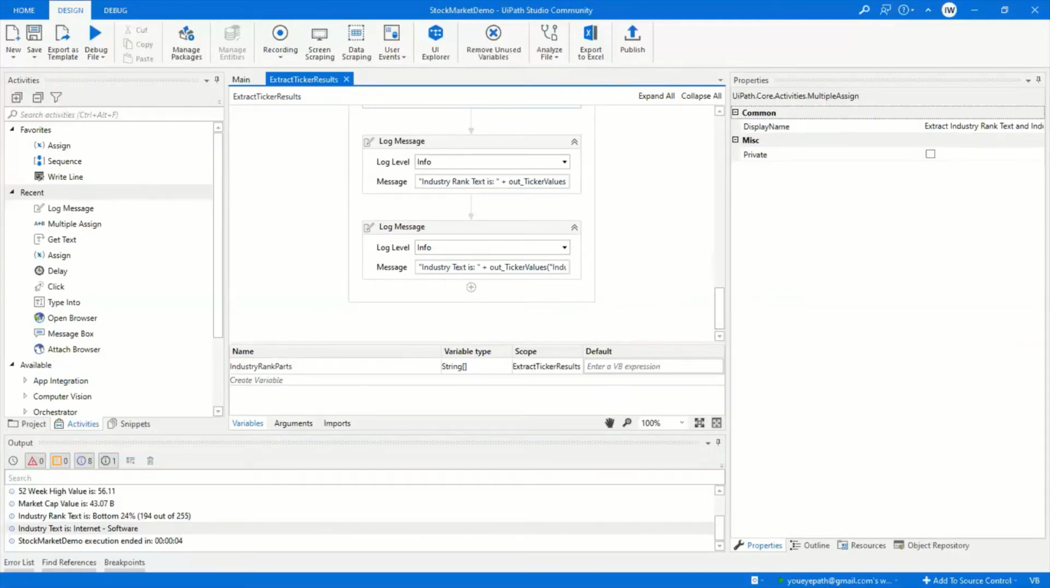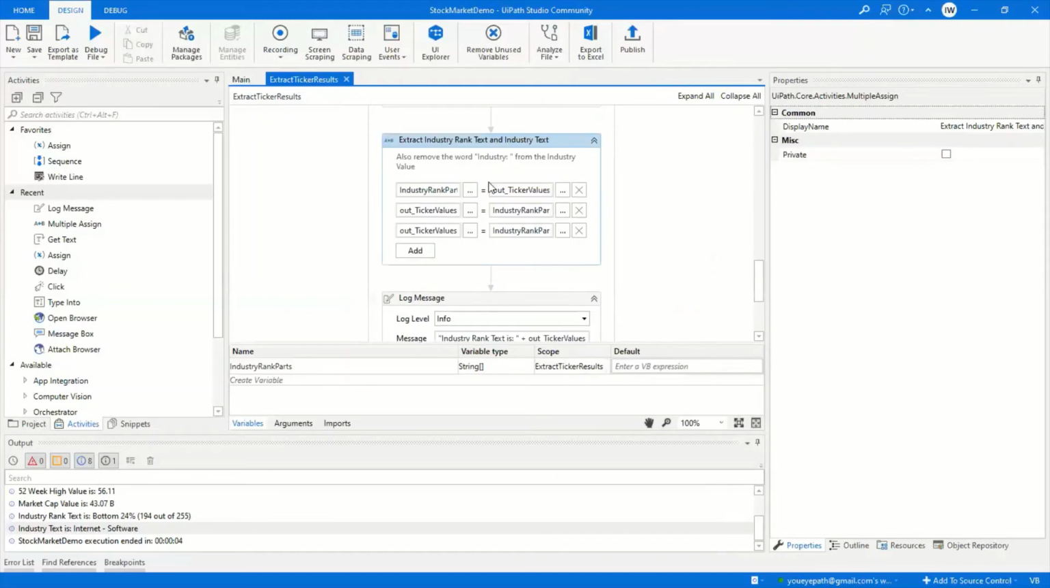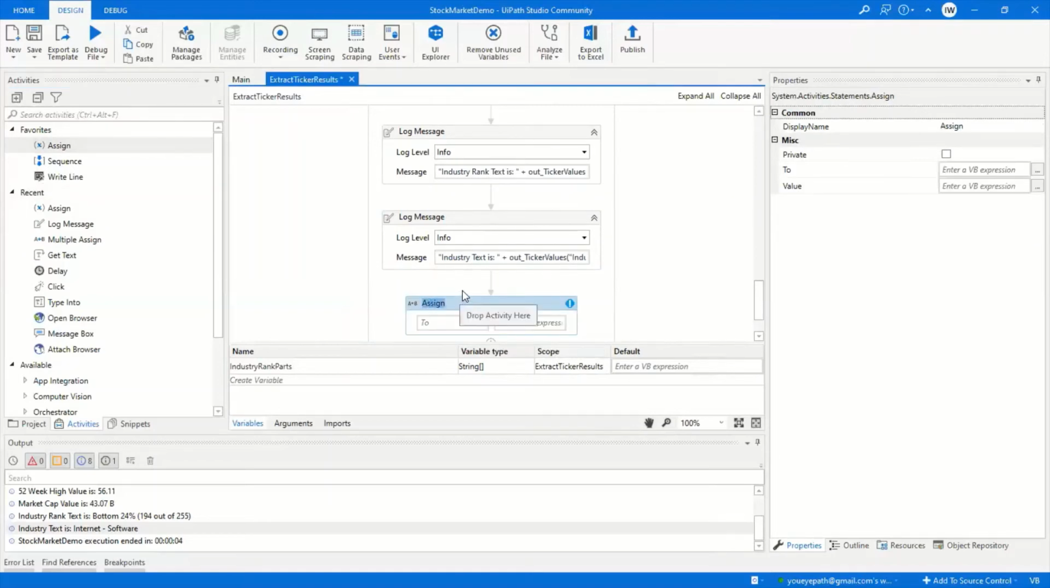So the next thing we want to do is compute the percentage from the 52-week high value. This is going to be a new item at this point. We could include it in this multiple assign, but this one's really specific to that industry rank text. So I think it's better that we bring in a new assign activity to handle this calculation. In this case, the assign is going to compute percent